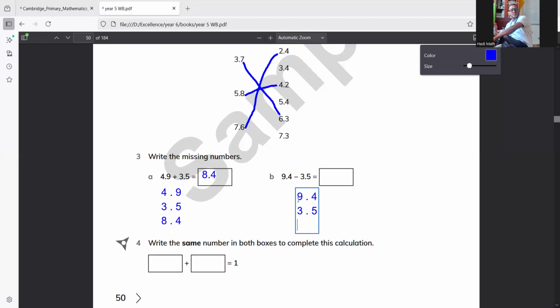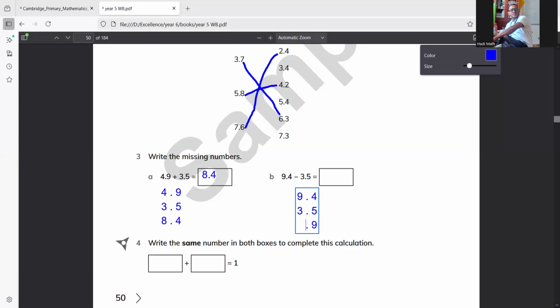You borrow 1 from this 9. This 9 will be 8 when you take 1 from it, and this 4 will be 14. 14 minus 5 is equal to what? When I say 14 minus 5, that's equal to 9. And put the decimal point. Don't forget it. Now we have some people, they just forget that they took 1 from the 9 and say